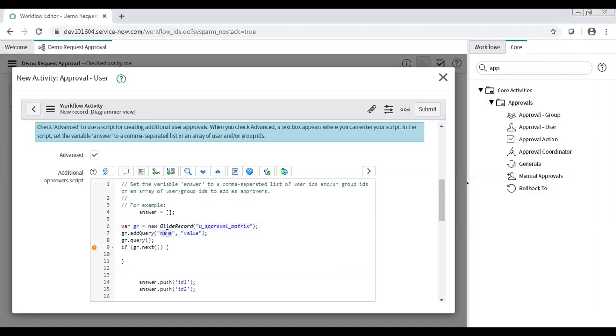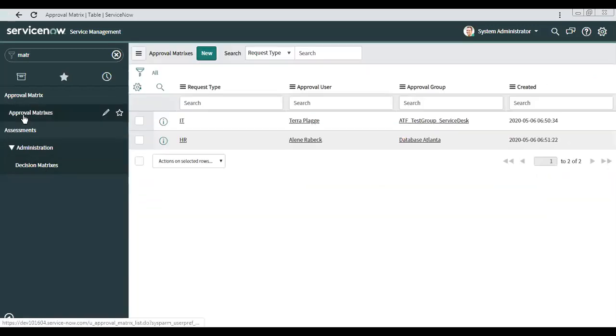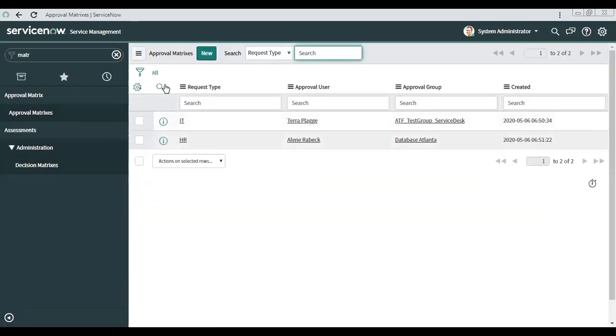And then I need to get the approver. If you remember, in the matrix, we define the request type and then the approver, right? And in our request also, we have the request type. So if we come here, here also we have request type.